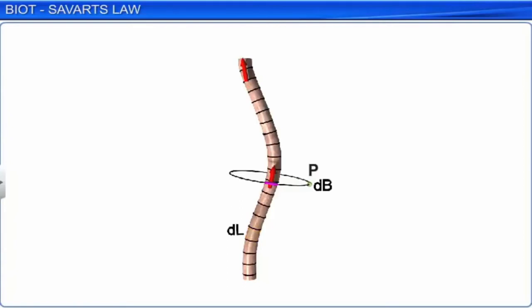If we calculate dB for one element, then after that we can determine the value of B. Now, consider the calculation for one such element of the conductor. Let r denote the vector joining the current element to point P. Let theta be the angle between the direction of the current, which is the direction of the vector dl, and the vector r.